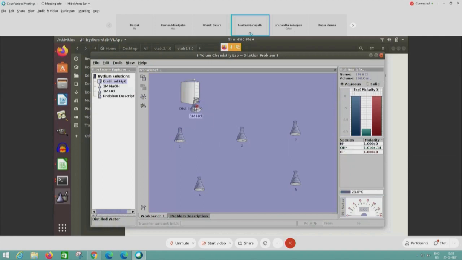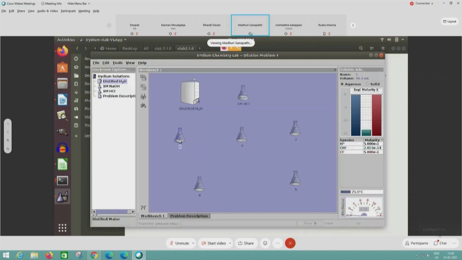We don't want red. You can all see a red sign, a line cross, which we don't want. When you bring it to the correct position, then you see a green plus sign. Then it is correct. Okay, let me add 20 ml. Pour and put it back to its original position.